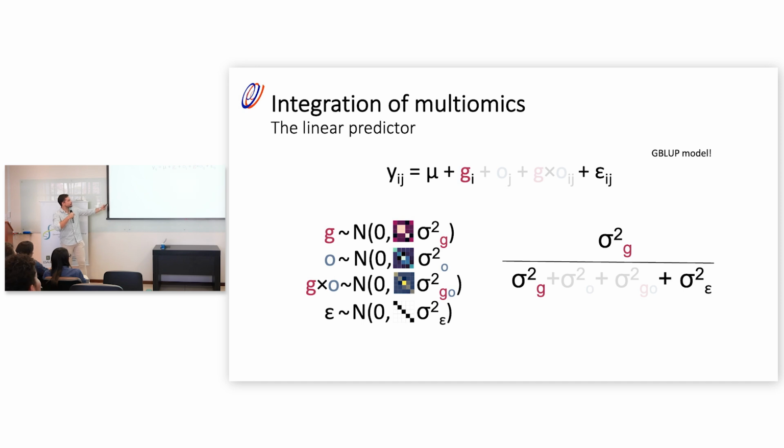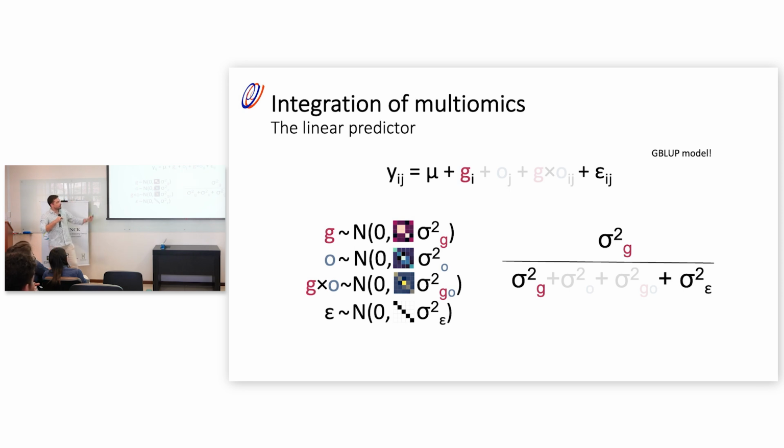You have seen this in many papers. You have a nice equation telling us, okay, my phenotype is going to depend on an overall mean, a genotype effect, an omic effect, a G by O interaction effect, and a residual. And what's the point of the kernels? Well, all of our terms except the mean. The mean is a fixed effect, but the rest of them are random effects that follow a normal distribution with null mean and a variance-covariance structure, which is proportional to the kernels that we have constructed times a scaling factor. These scaling factors are the variance components, and those are key for us because they allow us to know what's the importance of each omic in our outcome.